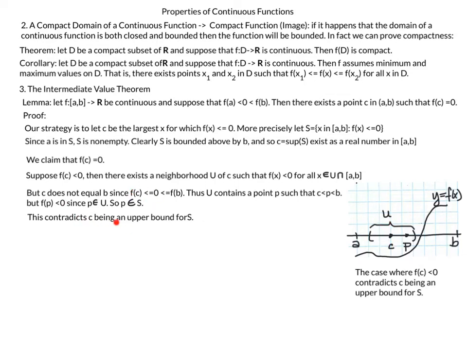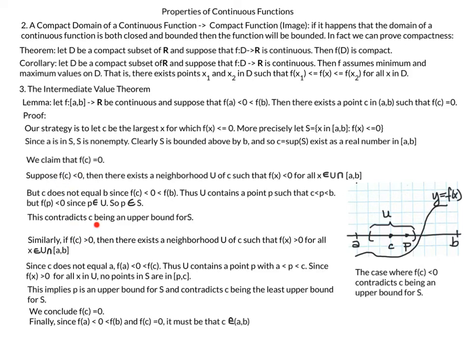But this contradicts c being an upper bound for S, which we said here, that c was the sup of S. Thus we have shown that this assumption, that f of c is less than 0, gives us a contradiction. So that means f of c must be greater than or equal to 0. Similarly, if f of c is greater than 0, then there exists a neighborhood u of c such that f of x is greater than 0 for all x in